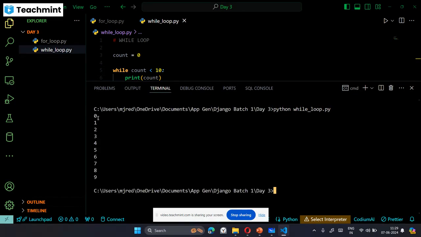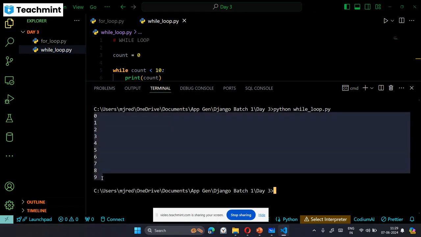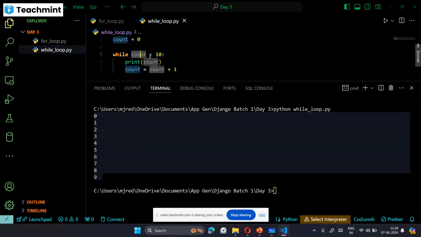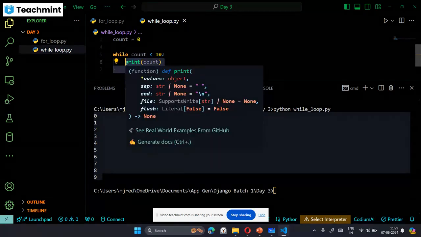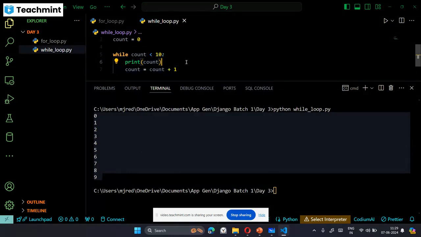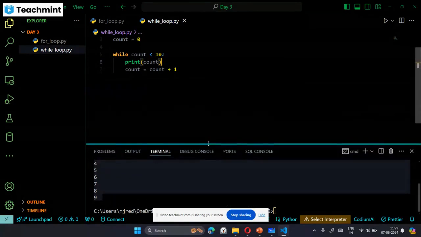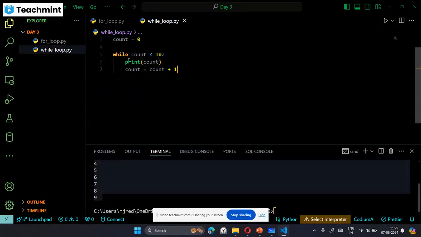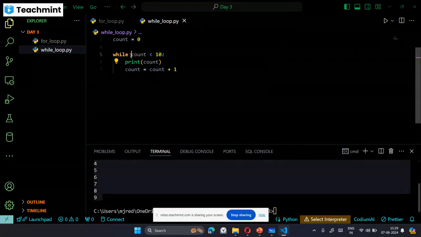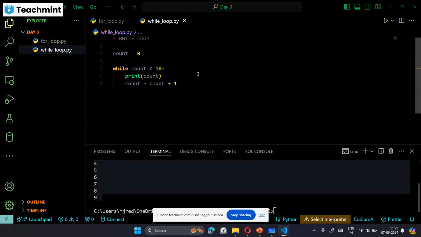If you see, it has printed 0 to 9. Once the count reached 10, this condition fails, right? 10 less than 10 is not true, so it will stop executing this code. So in these cases, we use a while loop for repeating the same block of code until a condition fails. In the real world, for example,